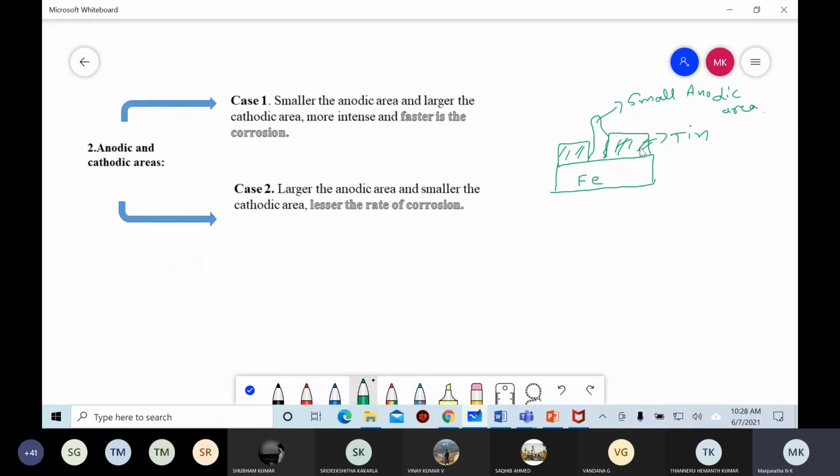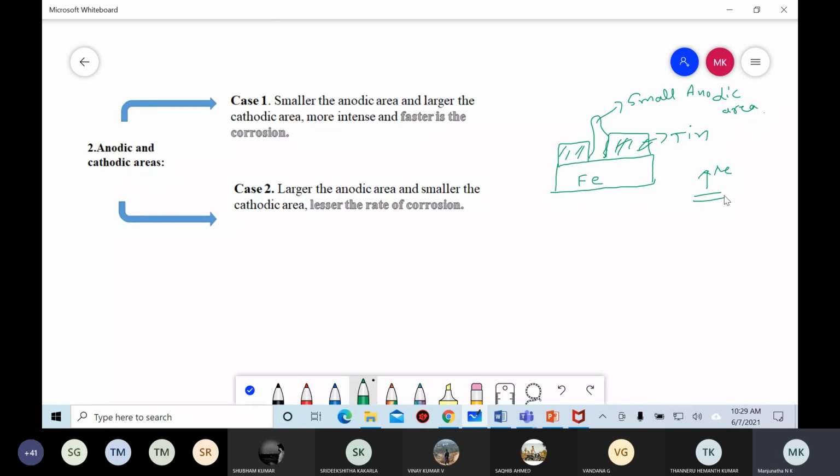cathodic area. The accumulation or gaining of electrons at the cathodic area increases because it has a larger amount. Therefore, it increases the anodic reaction at the anodic region. Therefore, the metal undergoes corrosion very fast, meaning the rate of corrosion increases. This is the example for the first one, that is smaller the anodic area, larger the cathodic area, increasing the rate of